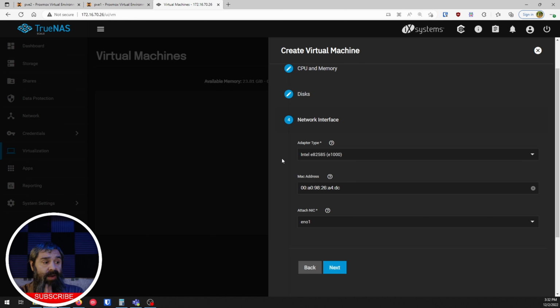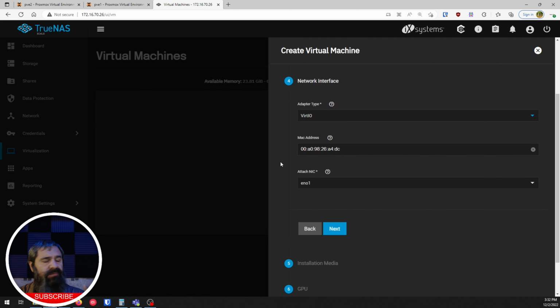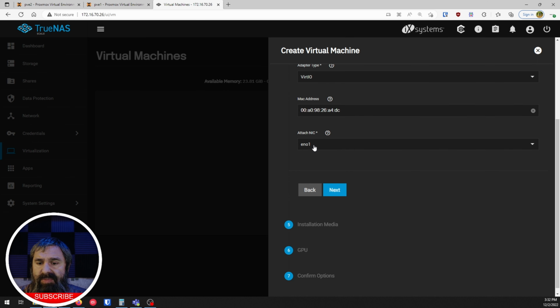Now we're at the networking section. So the safe bet is to use the E1000. Your Windows is going to recognize it off the bat. But you can do VirtIO, which we're going to do here also. And the VirtIO is going to require you to have disks. And then you need to pick which NIC you are